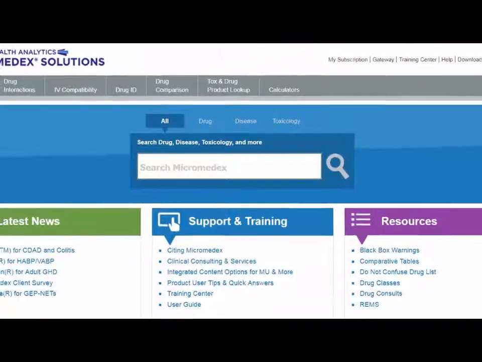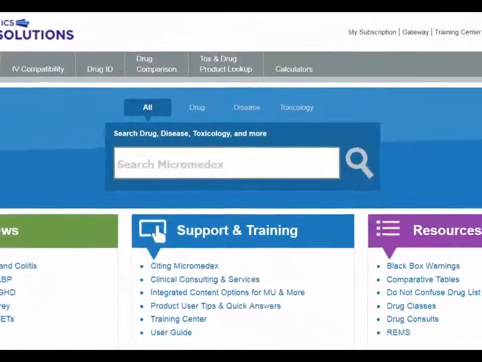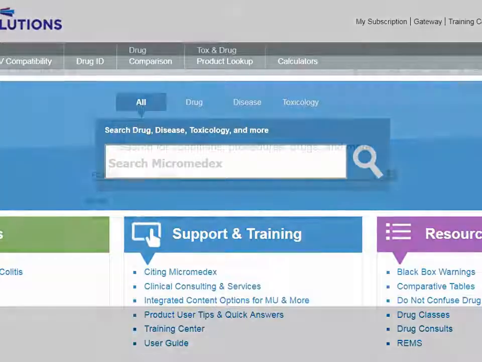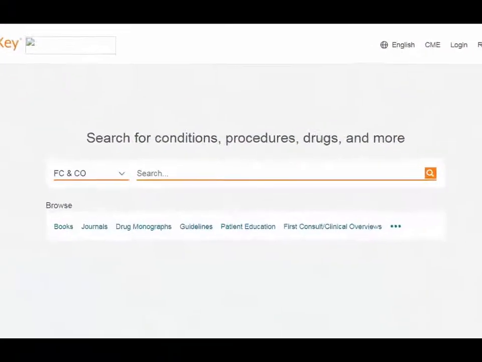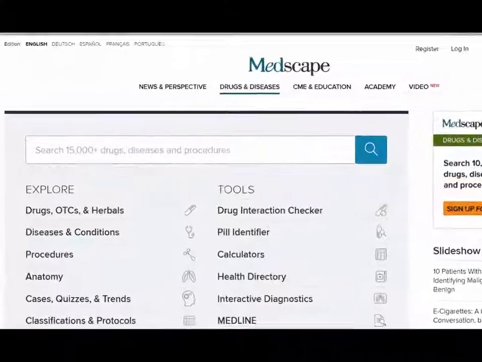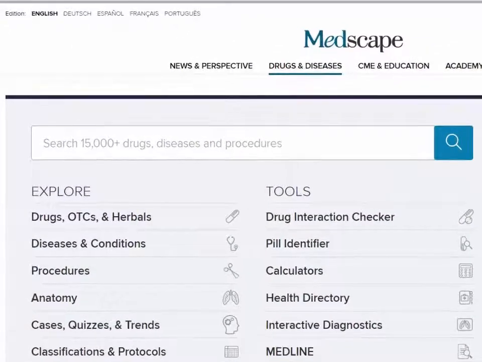Micromedex offers comprehensive evidence-based resources at the point of care for medication management, toxicology, and disease and condition management. First Consult through ClinicalKey is an evidence-based medicine tool with information on diagnoses, medical conditions, procedures, and medical education. Medscape Reference offers physicians and other health professionals integrated medical information and educational tools. It includes review articles, journal commentary, expert columns, patient education articles, and book reviews from more than 125